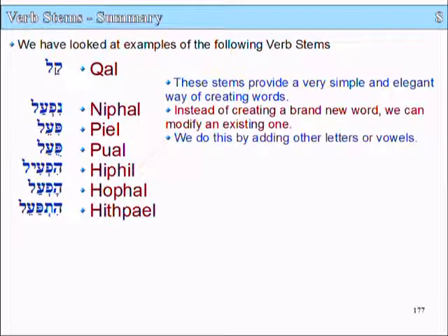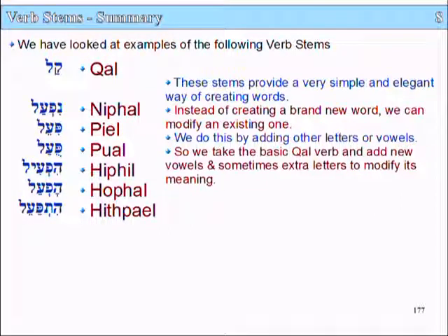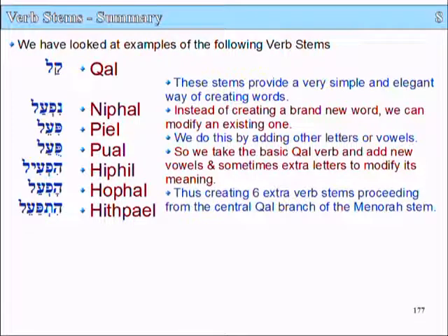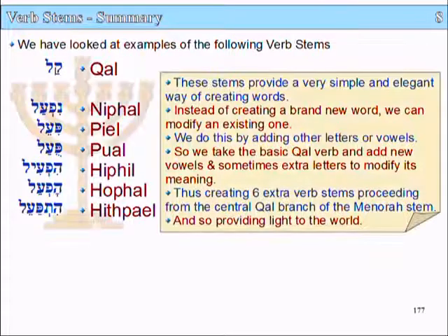We do this by adding other letters or vowels. So we take the basic Kal verb and add new vowels and sometimes extra letters to modify its meaning, thus creating 6 extra verb stems proceeding from the central Kal branch of the menorah stem, and so providing light to the world. So here we have our Kal as a central stem, and then derived from that central stem